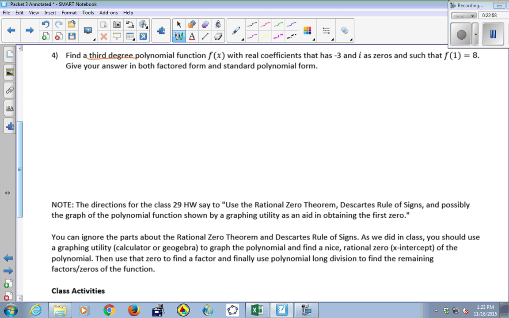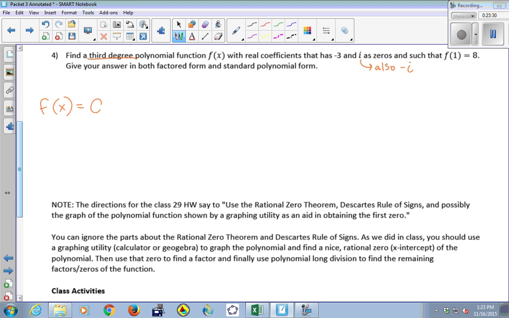Think of i as 0 plus i. What else? 0 minus i has to be in there too. So negative i is a zero, because complex zeros always occur in conjugate pairs. A plus bi and a minus bi always occur together. So if i is a zero, so is negative i. Okay, so